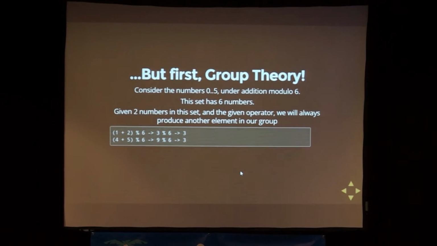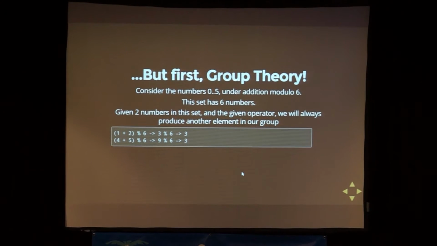And by modulo 6, I just mean the mod function, or the percent modulus function that we have, where 15 mod 6 is going to be some number. Basically, if we have 2 of these numbers, let's say we're adding 1 and 2, and then we do a modulo of 6 to that, it's going to be 3. And if we do 4 and 5, that's going to make 9, and then 9 modulo 6 makes 3. And this is going to be important when we talk about the cube,